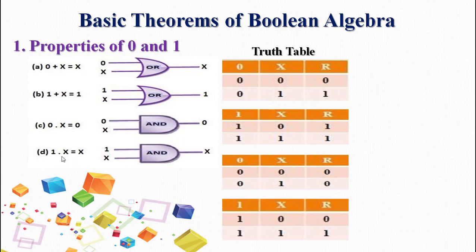Now the next one is 1 multiplied by x is equal to x. So whatever the value of x will be, that will be the resultant. X can be 0 or x can be 1. So 1 is constant, x is a binary variable, 0 and 1 will be its input. Multiplication has to be done. 1 multiplied by 0 is 0. 1 multiplied by 1 is 1. So R is matching with x. So anything multiplied by 1 is that thing itself. So hence we are proving this with the help of the truth table.